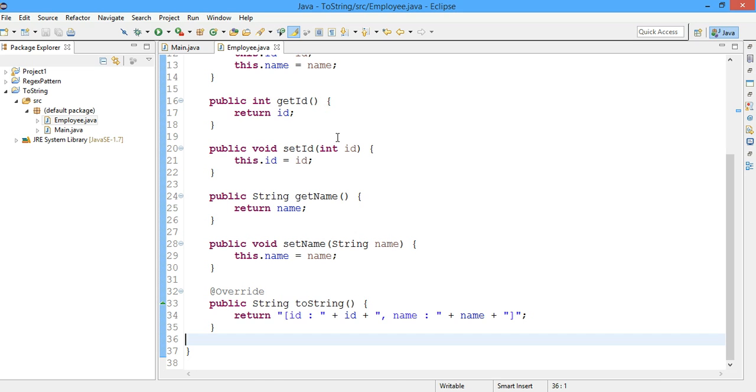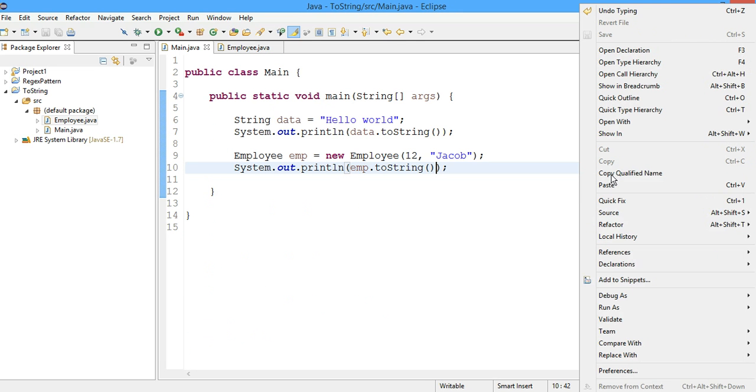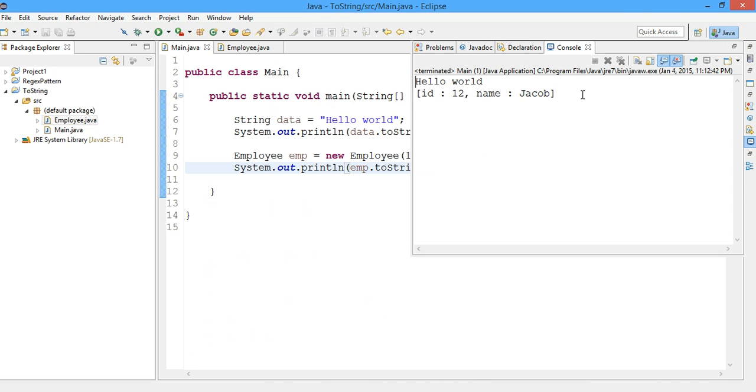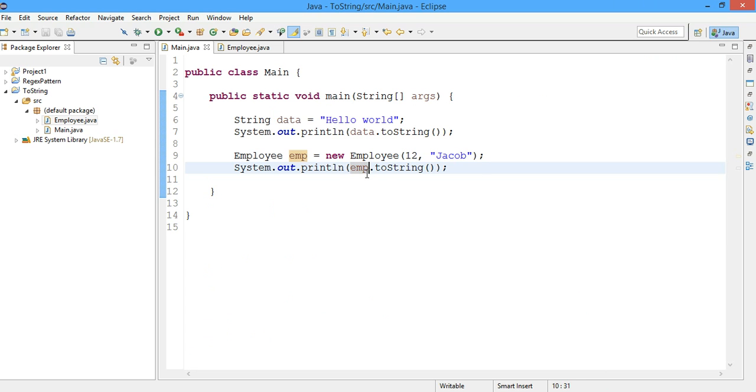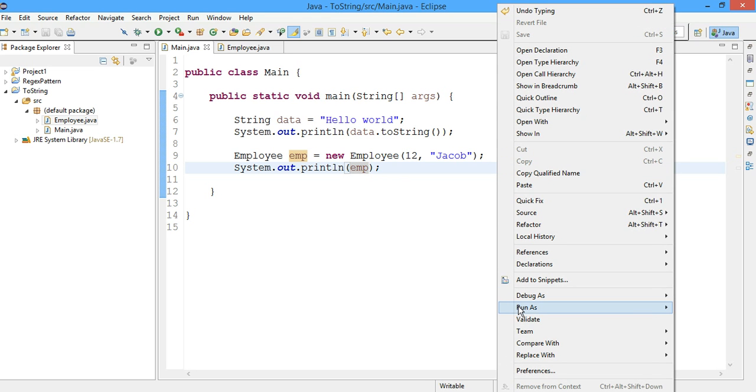So now let's run it and check it. Now you can see that when we try to print the Employee object, the id and name will be printed. So now by default we will not call the toString method, it will be called automatically. Just delete it, run it again,